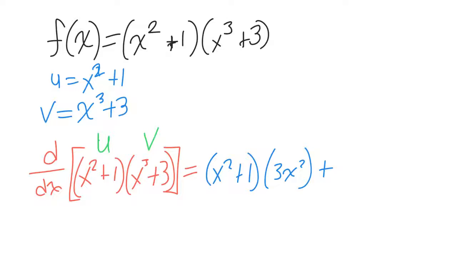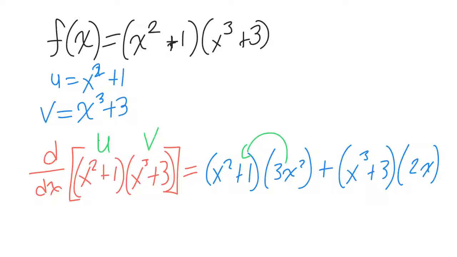Plus, now we switch it around. Now we start with v. Now we have x cubed plus 3 times the derivative of u, which is 2x. Then we can use our algebra skills to simplify by distributing our monomial to our binomial. And our final answer we get is going to be 3x to the fourth